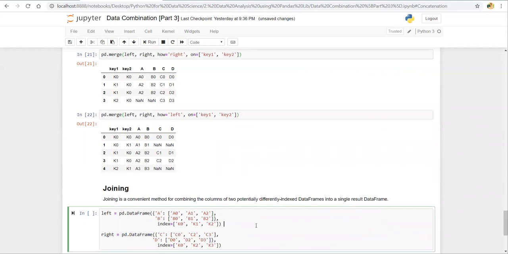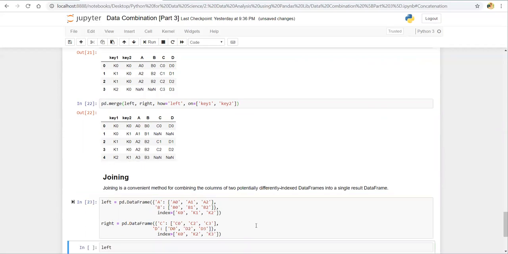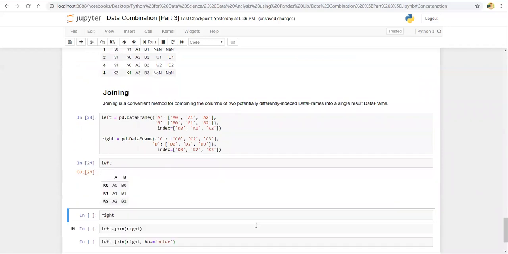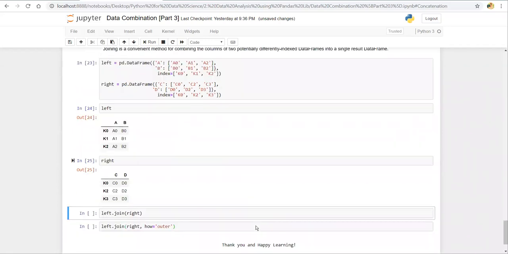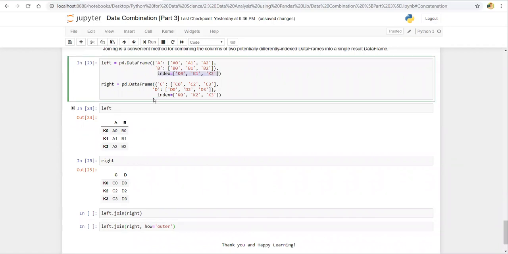Let's take an example. Here I'm creating two data frames, left and right. You can see that I'm passing different indexes in the left and right data frames. In the left data frame I'm passing index k0, k1, k2, but in the right data frame I'm passing index k0, k2 and k3.